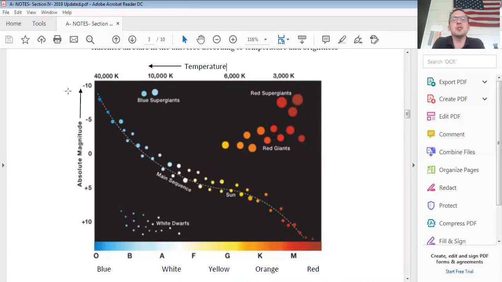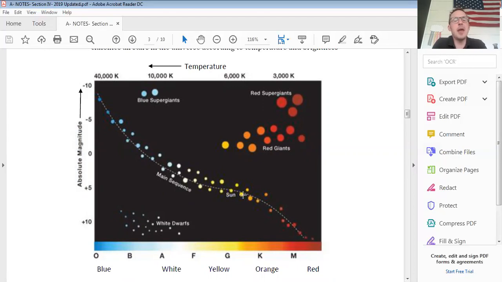Remember from our star charts, the negative numbers are the brighter stars. So we actually have the brightest stars up at the top, the dimmer ones down at the bottom. I have also seen HR diagrams that will show luminosity over on this axis instead of absolute magnitude. About the only thing you won't see there would be apparent magnitude. Remember, that's when stars are at different distances. And the whole point of this diagram, everybody, is to level the playing field because science likes to make even comparisons. So before we end today, you can see we have 4 main star groups.